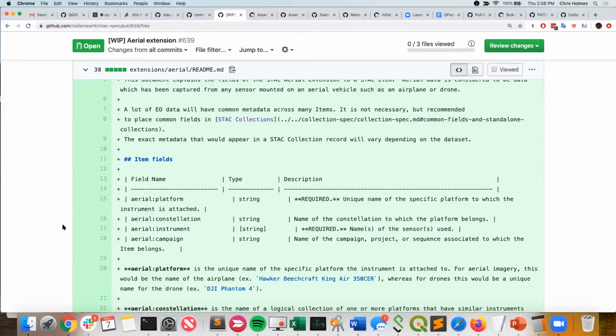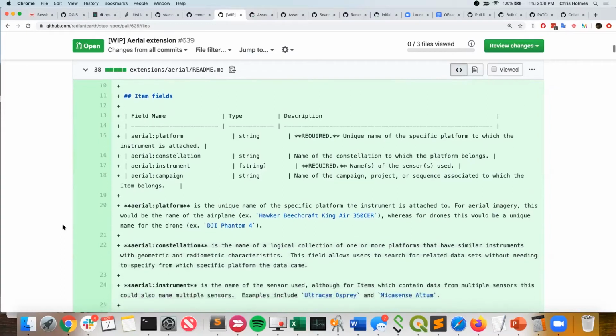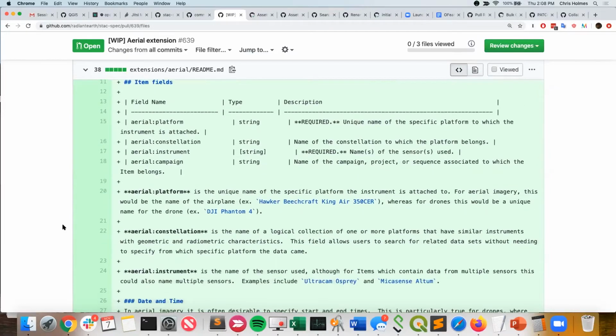It's really simple. It just has a couple fields. The goal of this is really to start a larger conversation about what fields should be in an aerial extension. I'm not super familiar with aerial. I've used it a lot as an end user, but I'm definitely not an expert. The stuff that I'd like to have included are